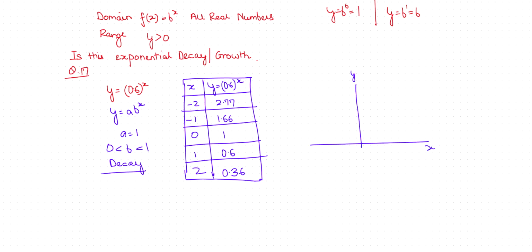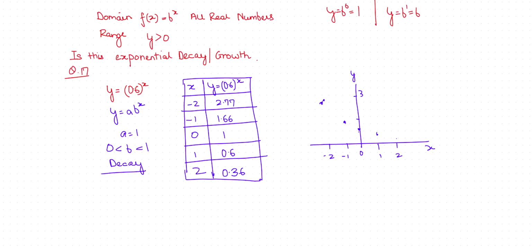This is 0, 1, -2, and 1, and so we see that at -2 it was around 3. This was 3, so it was 2.77. Then it became 1.66, around half here. And at 0 it was 1, and at 1 it is 0.6, and then